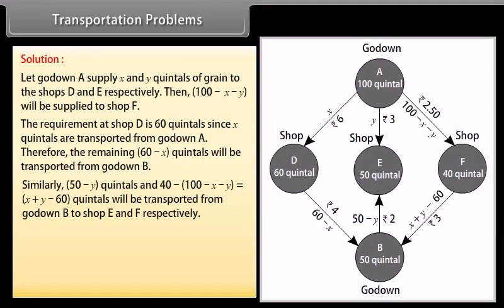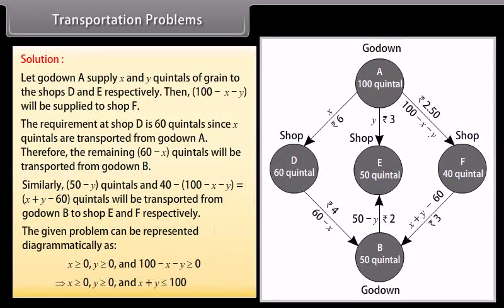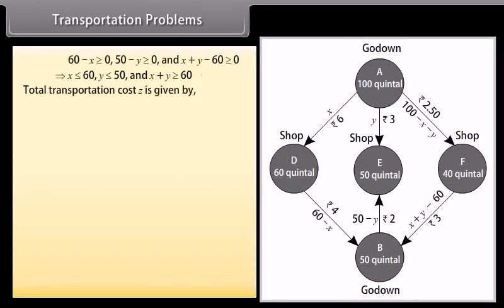Similarly, 50 minus y and 40 minus (100 minus x minus y) equals x plus y minus 60 quintals will be transported from godown B to shops E and F respectively. The given problem can be represented diagrammatically. Total transportation cost Z is given by